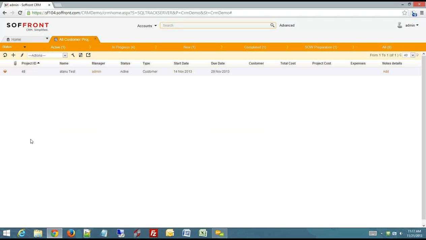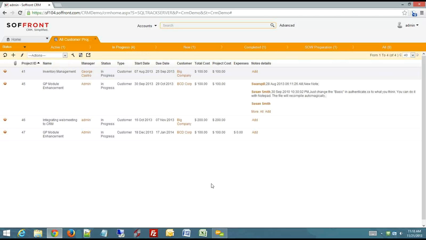Now here we have, as soon as we click on the customer project, the system groups the projects in the order of the statuses, so we can see the status of the projects right here. So we have some active, some in progress, some new, completed, SOW preparation, and so on. If we wanted to click on any specific status, we can bring up those projects right away. Like I clicked on in progress, we are able to bring up the projects which correspond to